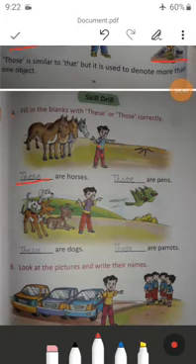You can see these are horses. All horses are very near him. So you can see here these is used. But those are pens. All pens are very far from him. He cannot take them easily. He cannot touch them easily. So you can see here those is used, because all pens are very far from him.